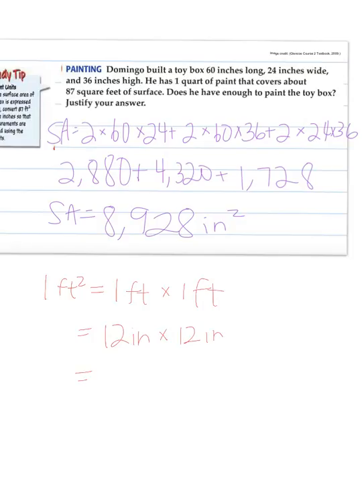So 12 times 12 is 144 inches squared, which is equal to 1 foot squared. So now since 1 square foot equals 144 square inches, I would take my 87 square feet and multiply it by 144, which equals